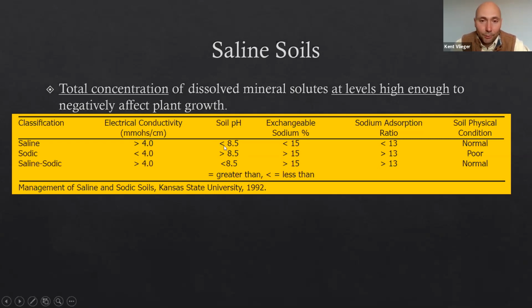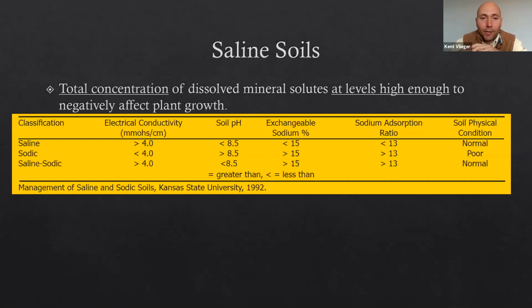Usually the soil pH in these saline areas is pretty normal. It's usually not too high or too low. The sodium is going to be lower in these saline acres. One of the ways, if you're trying to decide whether it's saline or sodic, other than sending in a soil test, which I would encourage, is that